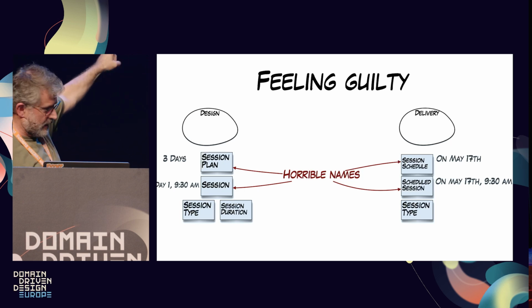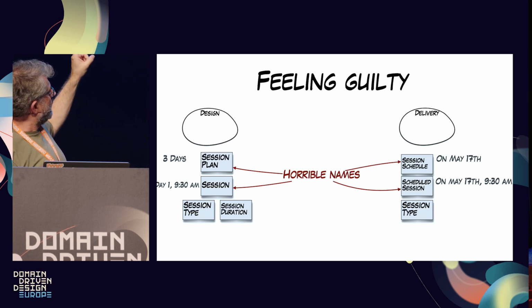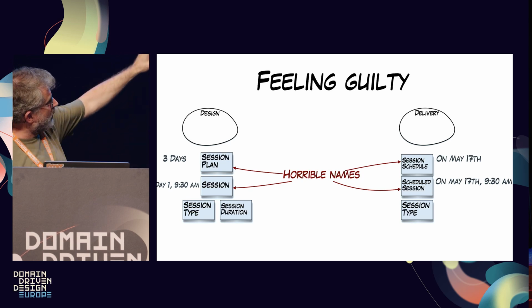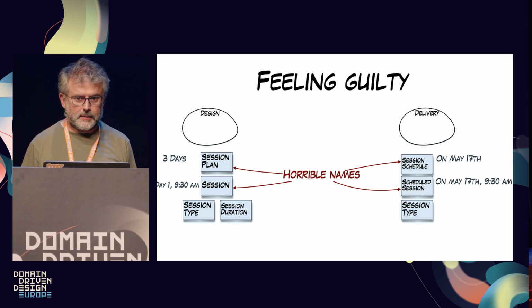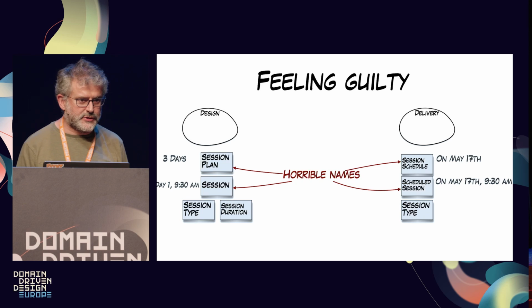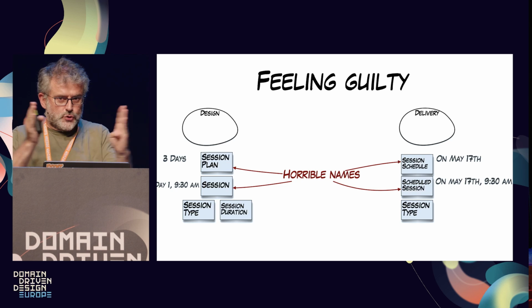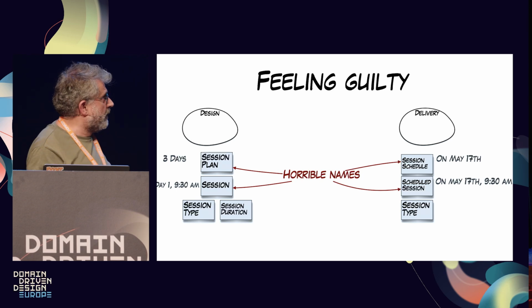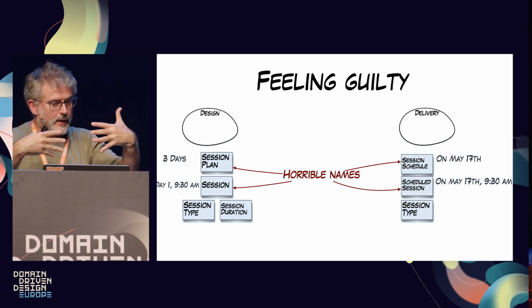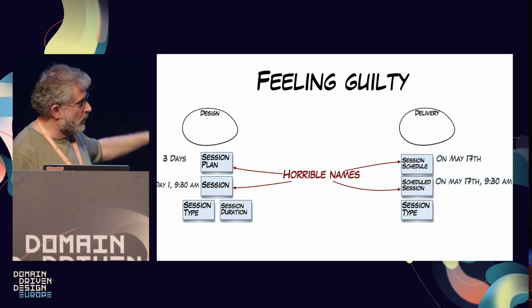Horrible names. Remember the thing about flattening the space, because we are playing to 2 things. People will call it session plan, and we call even the second one session plan. The session plan versus session schedule is completely arbitrary, and I can flip them in my brain every single day because I'm not a native speaker. So I needed to have 2 different names. I know the users would call them in the same way, so maybe we're going to play with labels. Inside the IDE, we need a way not to mix them. But yes, those names are horrible and mostly arbitrary.